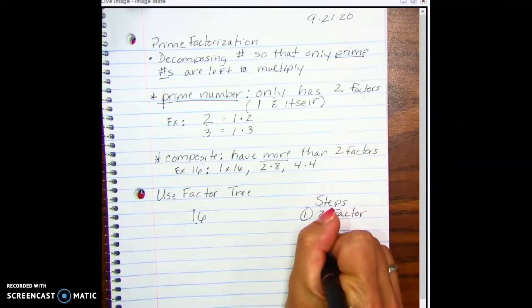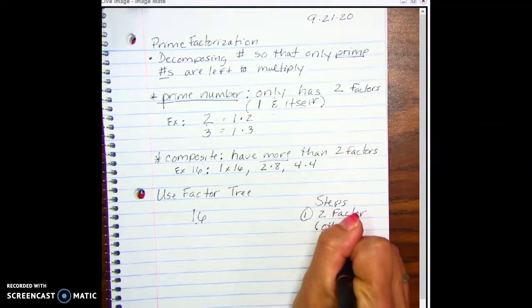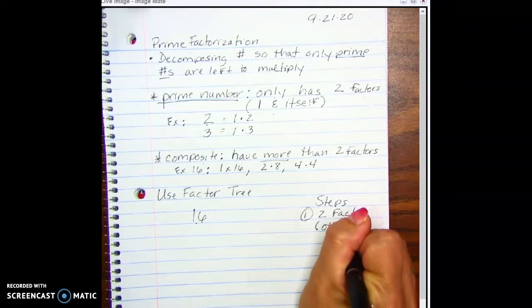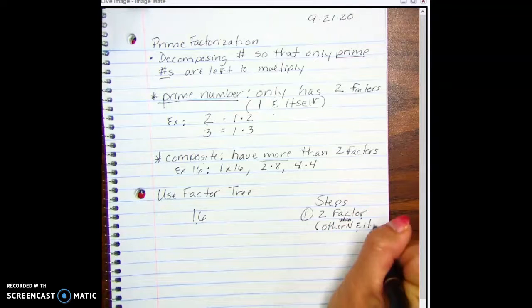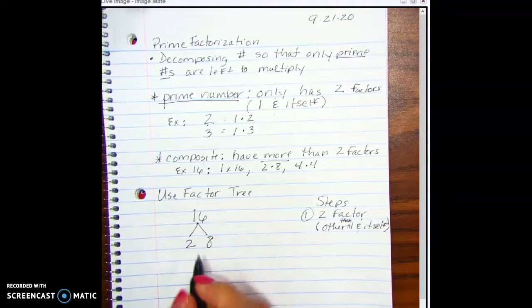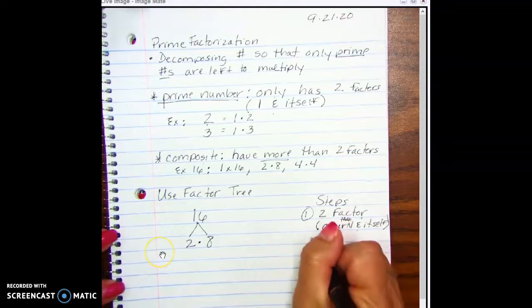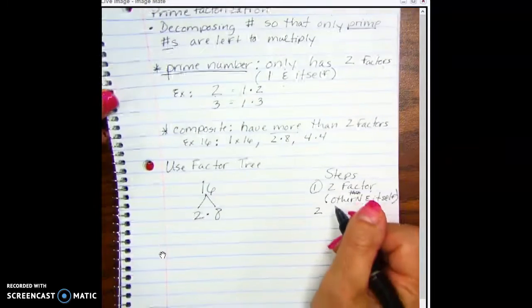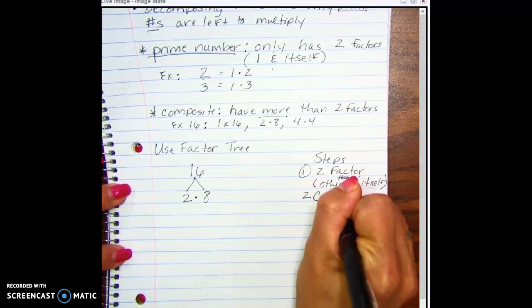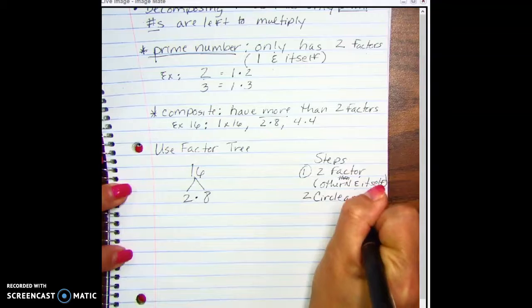and it has to, of course, be other than 1 and itself. Oops, other than. Don't forget the word than. Itself. So let's go ahead and take 2 and 8. Now, if you want to put a multiplication sign in between there, you can. This way it can help remind you. So step 2 is to circle any prime numbers